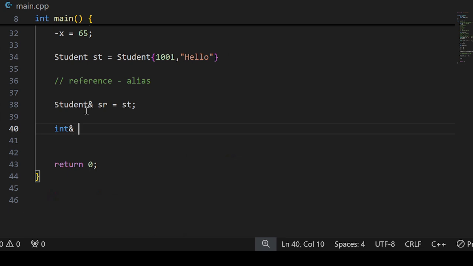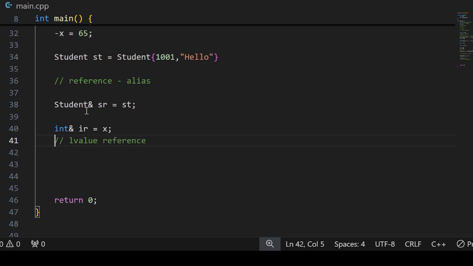and ir equals to x. So this is the reference. This sort of reference is called an L value reference, because this reference actually refers to the L value expression, which you can place on the left hand side. You can do something like this, ir equals to 45 or so on. But